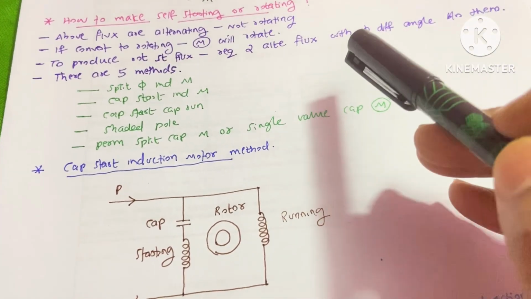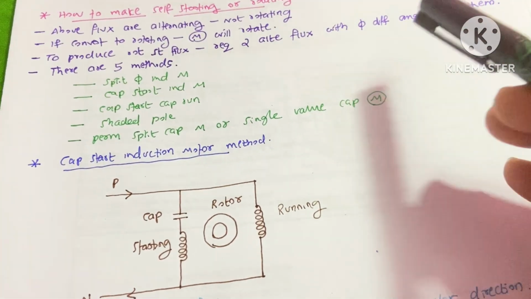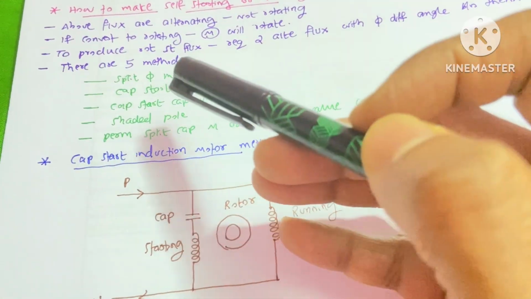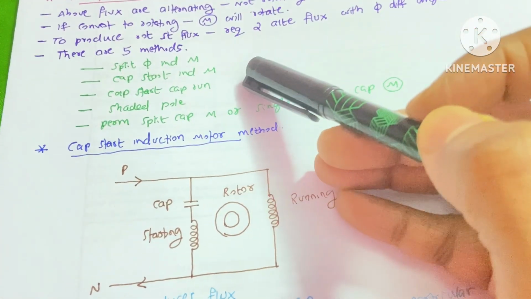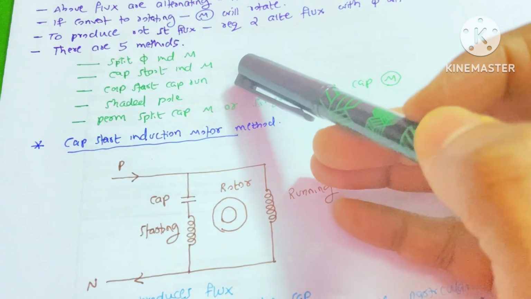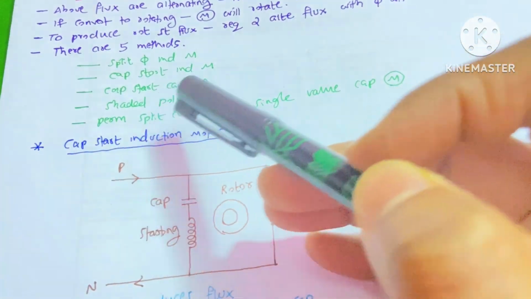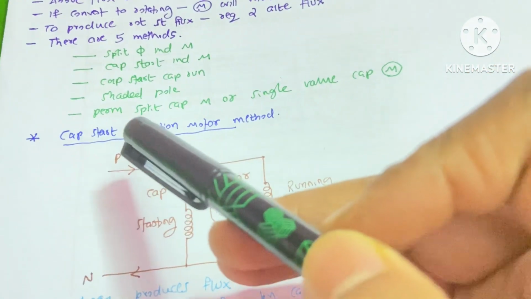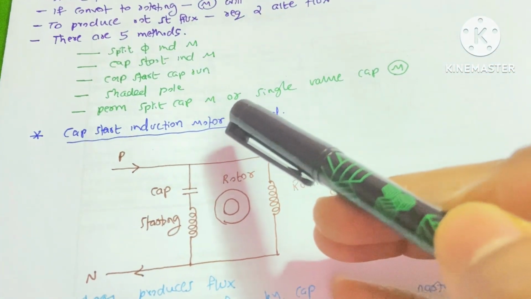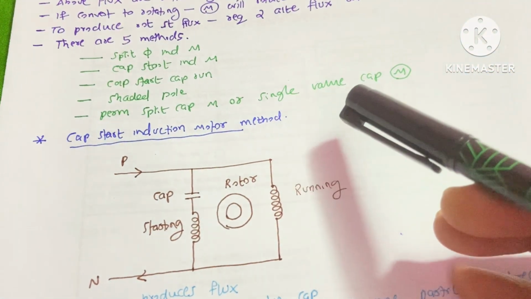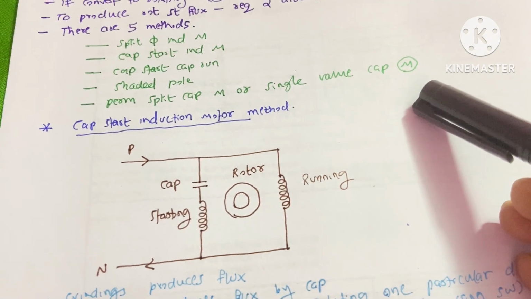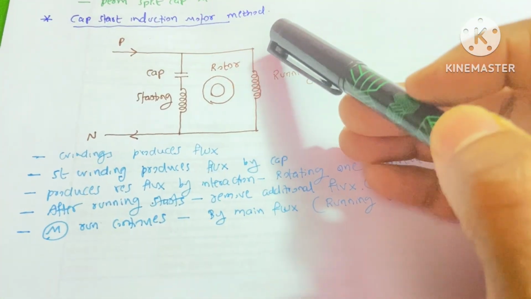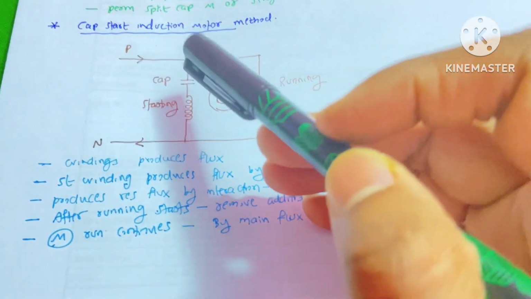To make fluxes having this phase difference, there are 5 methods: the split phase induction motor method, capacitor start induction motor method, capacitor start capacitor run method, shaded pole method, and permanent split capacitor method, or single value capacitor motor method. I'm going to explain one of these methods, the capacitor start induction motor